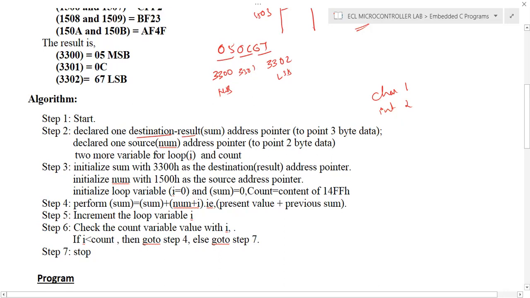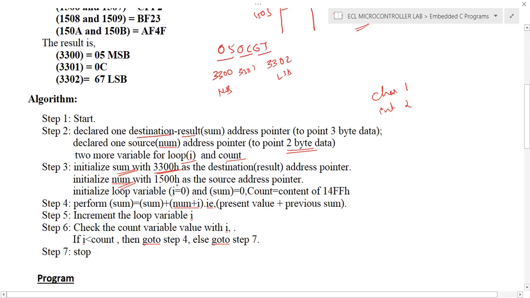And next, the source is an integer type because we require 16-bit data, so 2 byte data, and we require a loop control variable and a count variable. We can initialize the sum, that is the result location, to 3300H, and the number, which is starting from 1500H.